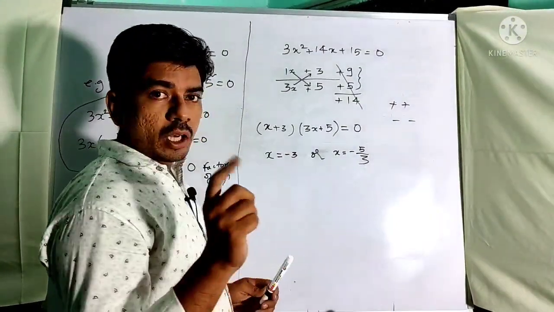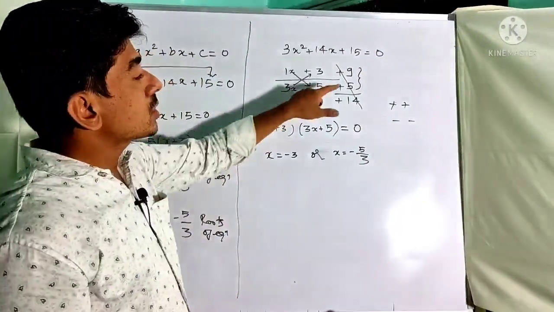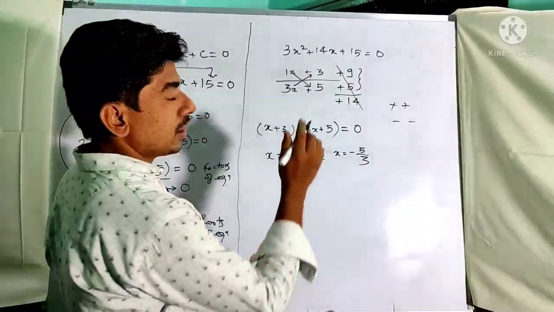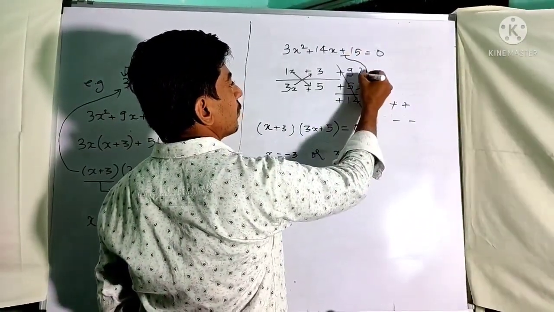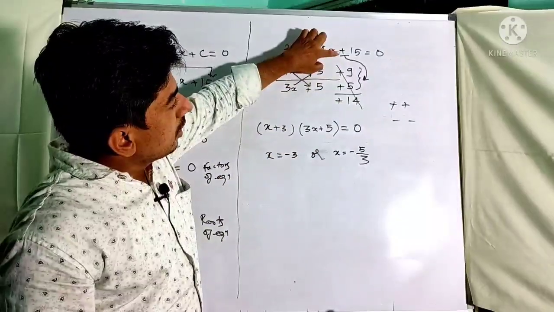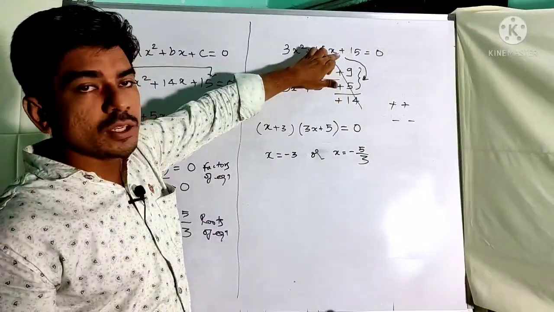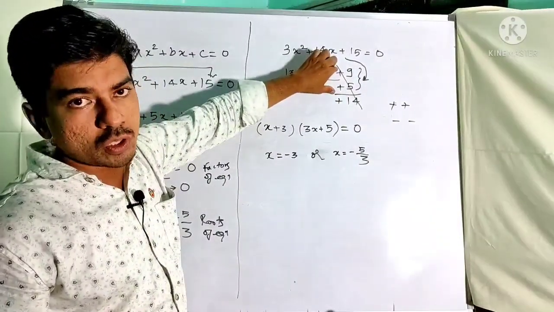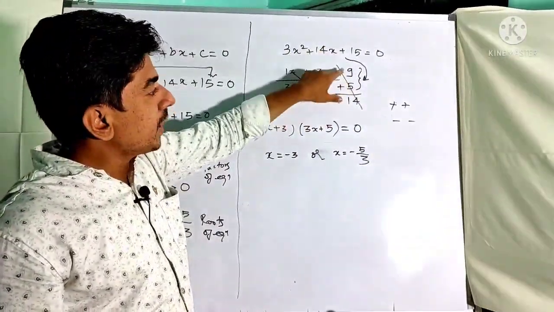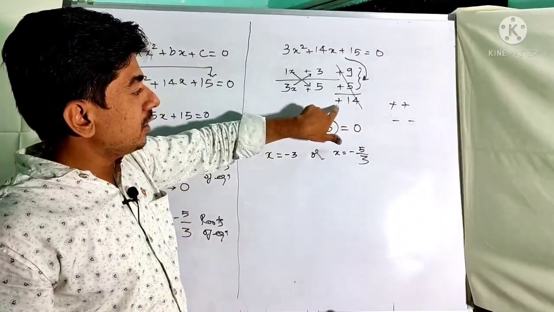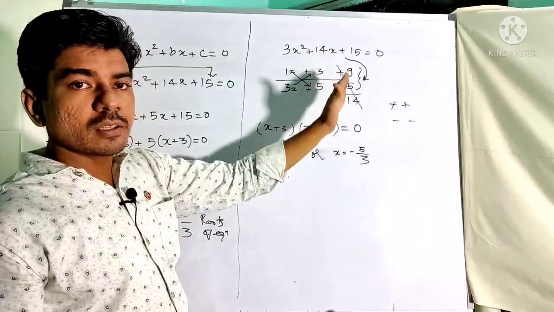Friends, here another thing we have to note is why we are going to add these terms. Who is telling us to add these terms? Here the sign of C. What is the sign of C? Sign of C here is positive. If C is positive, then we have to add the middle terms. If C is negative, then we have to take the difference of these two terms. Here the sign is plus, so we have added them. By adding them we got 14, and because of this plus sign we have given the sign to them, and then we have shifted the signs.